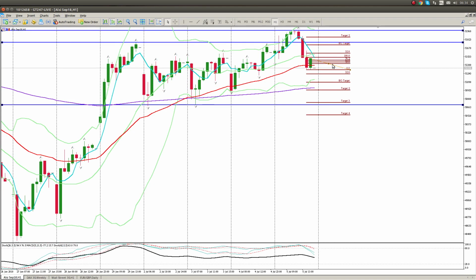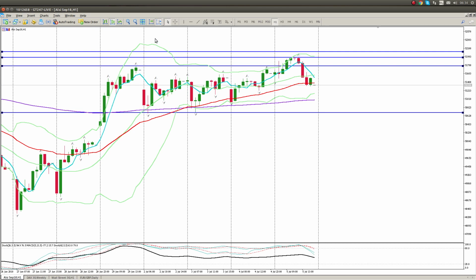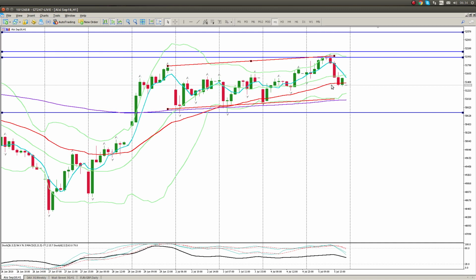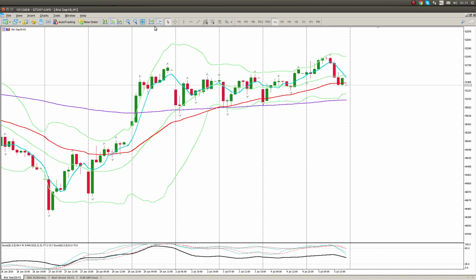what we've seen here, let's get my channel. Over there. And you can see we have pretty much a sideways channel that is formed. So for me, still looking for a move to the upside, possibly from here. I don't actually think we're going to get an entry lower down. And the reason I say that is